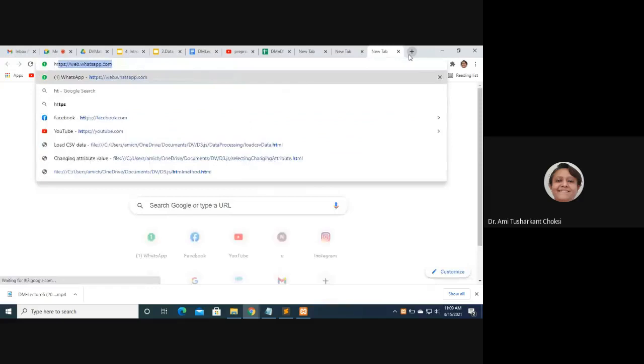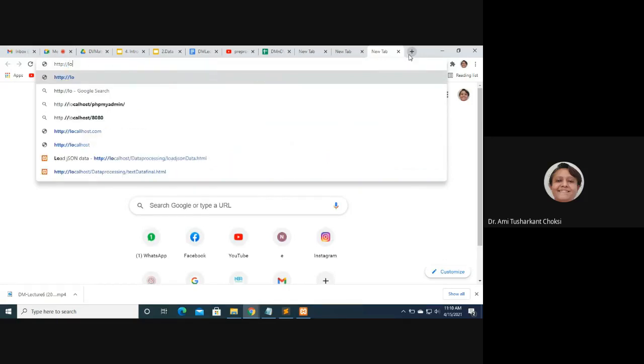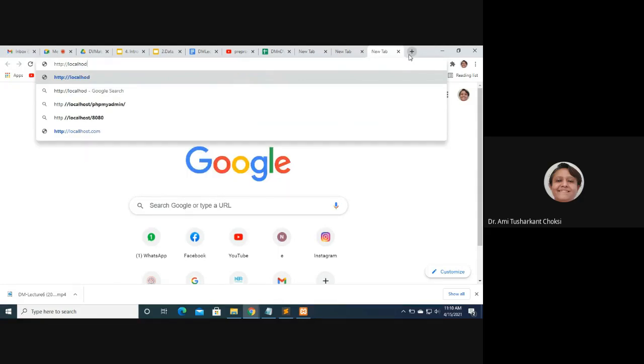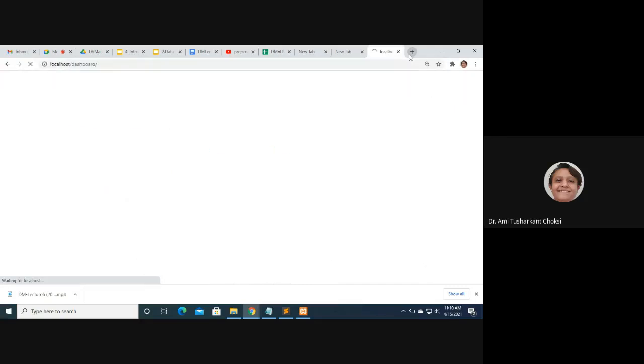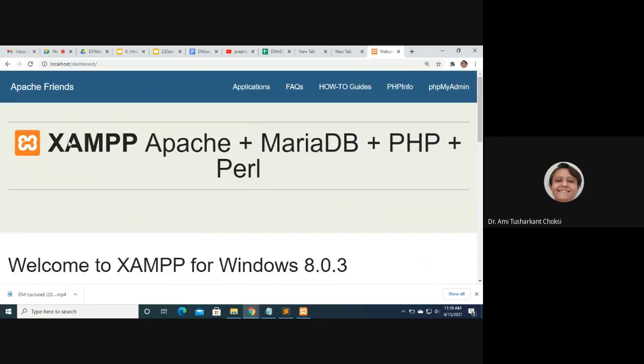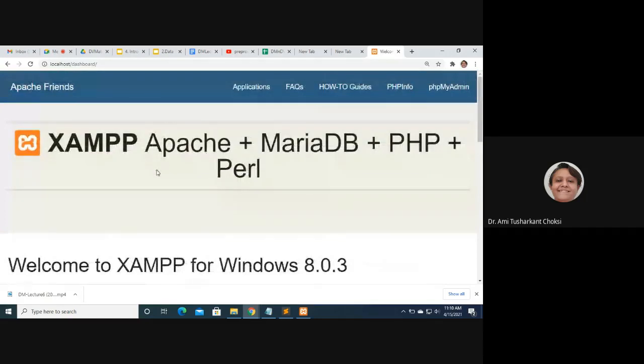I type http://localhost. It is opening the default page of XAMPP. This is my local Apache server which I have opened here.